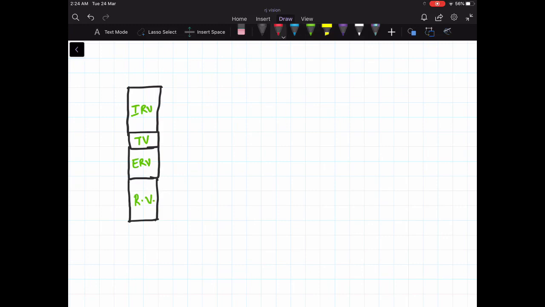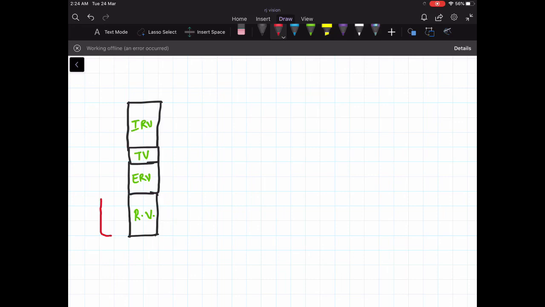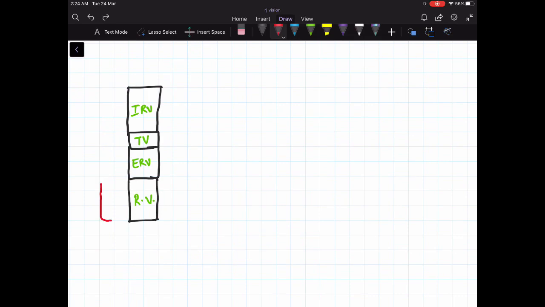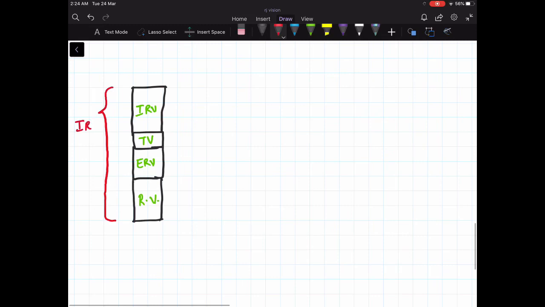Does the lung contain reserve volume? Yes, it does. Does the lung contain expiratory reserve volume? Yes, it does. What about tidal volume? That also. What about residual volume? Of course. So, your lung basically contains inspiratory reserve volume, expiratory reserve volume, tidal volume, and residual volume. IRV plus TV plus ERV plus RV, all of these volumes combined will give you